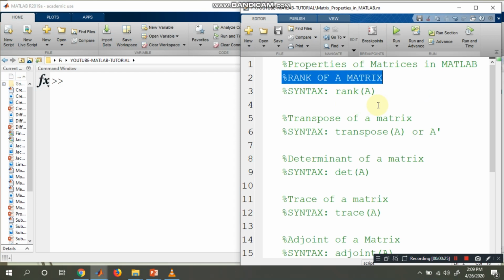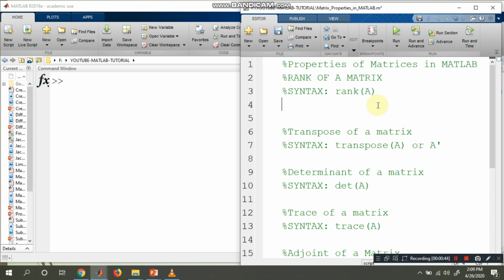First, how do you find the rank of a matrix? The rank is compatible for square and rectangular matrices, whatever it may be. See the syntax to find the rank: rank(A), where A is any size of matrix, either rectangular or square. Suppose I take a 2 by 3 matrix: 2, 3, 4, 1, 2, 3.